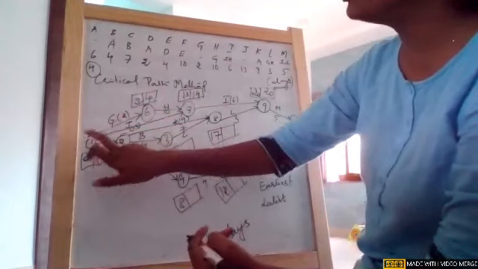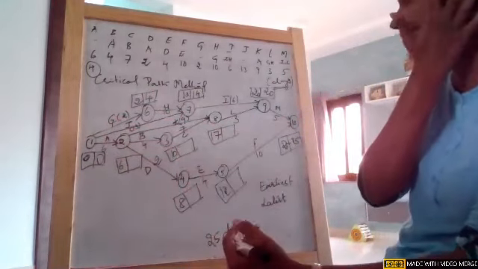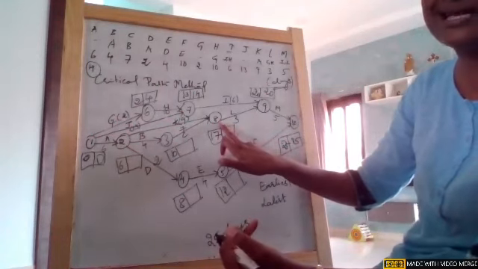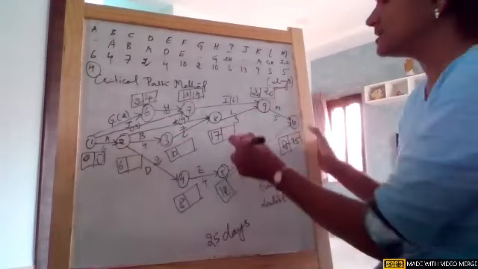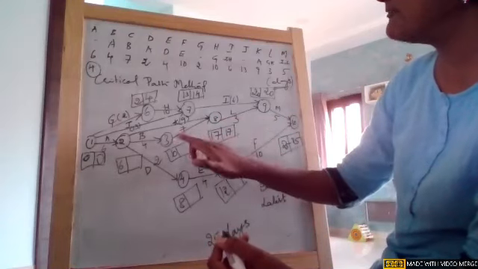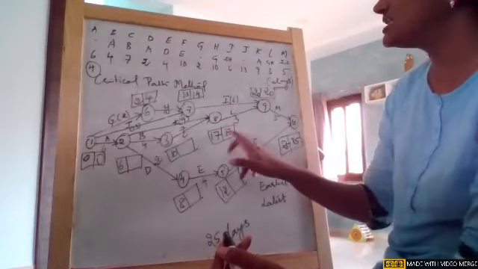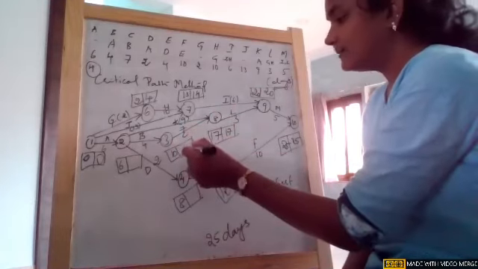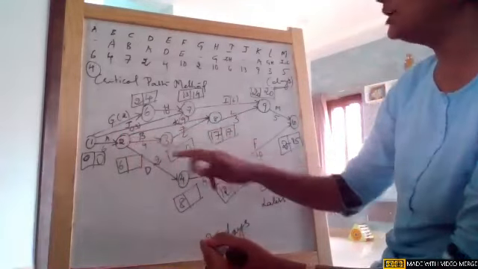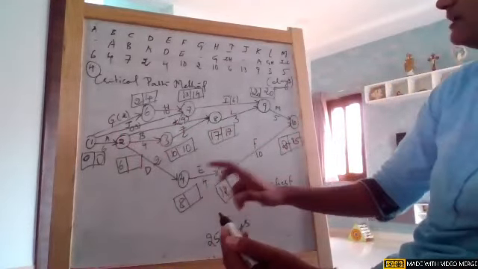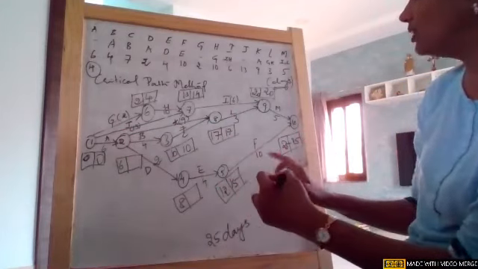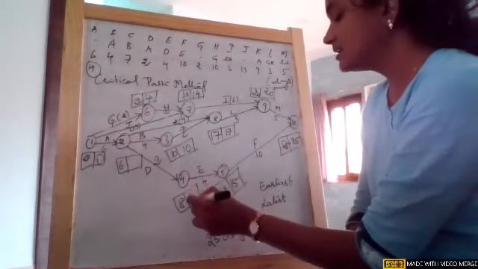Now from 6 we are going to node 1. Anyhow it is 0. I'll tell you how we arrived at 0. Now come from node 9. From 20 we'll go to 8, which has a single tail. Okay, so 20 minus 3 gives us 17. Now again after this, 17 minus 7, node 3 has a single tail. So 17 minus 7 gives us 10. Okay, that is one thing. When I go to 2, there are multiple tails, so I need to bring all durations. I'll go back here because 5 and 4 we will complete. So 25 minus 10 is 15, single tail, so no issue. And 15 minus 4 is 11.